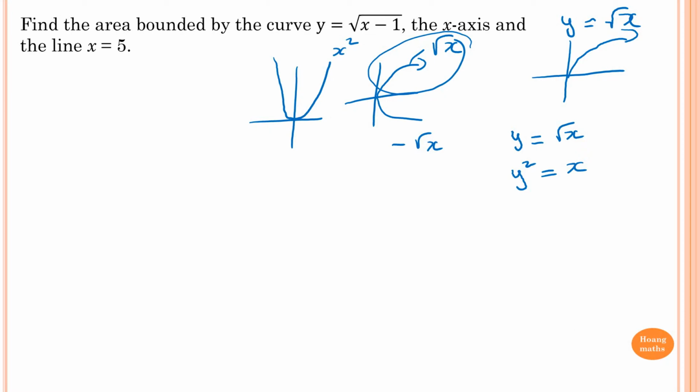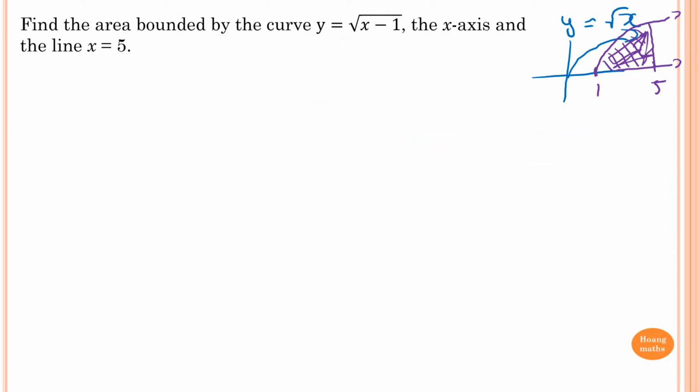Because of square root of x minus 1, we just need to move 1 to the right. So the graph is like this. And then it's between the curve and x equals 5. So the area is bounded by the curve and this line. So this is what we're looking for. So therefore, area is equal to